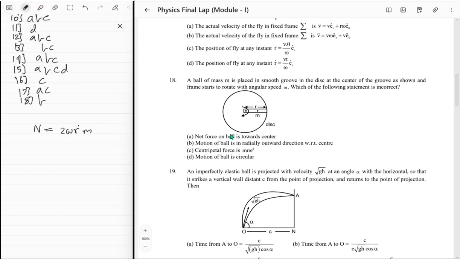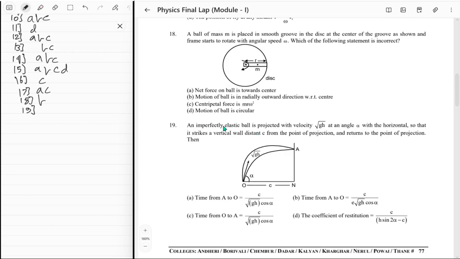ओके, वॉट एवर. नेक्स्ट क्वेश्चन, 19th. Okay. A perfectly and imperfectly elastic ball is projected with velocity square root of gh at an angle alpha to the horizontal so that it strikes a vertical wall at distance c and returns to the point of projection. Then